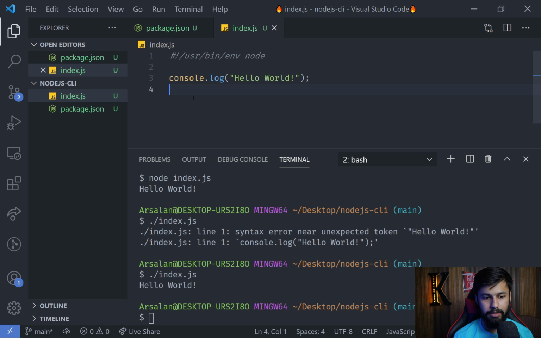All right. So now we have our very basic application, which doesn't do anything but just print hello world. And now what we are going to do next is make it a little bit useful. And the way we are going to do that is,